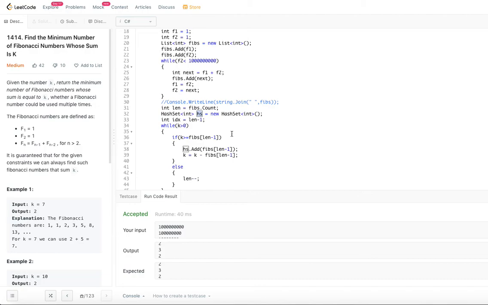So the maximum it could store is 44 elements. In that case, we are using constant space for this algorithm. So the worst case time complexity is order of k, and the worst case space complexity is constant space for this algorithm.